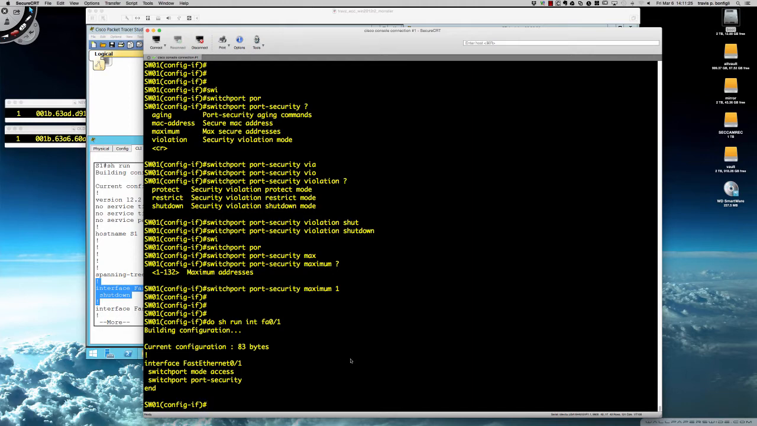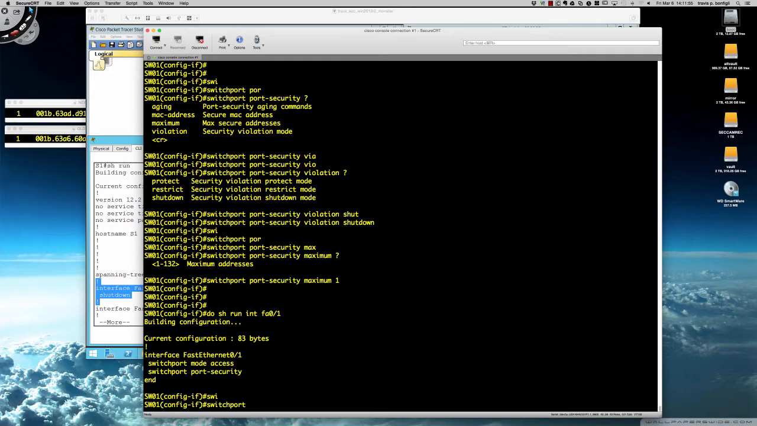So now the question becomes, how do we want to capture the MAC addresses that are going to be allowed? And so this is where we talk about the 3 different kinds of MAC addresses that you can learn. In terms of the secure MAC address types, the first is a static secure MAC address. So what I could say is Switchport